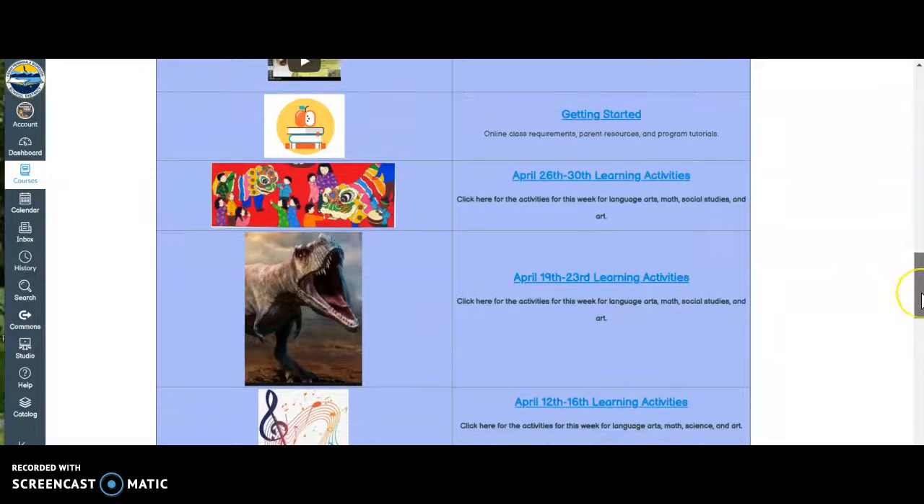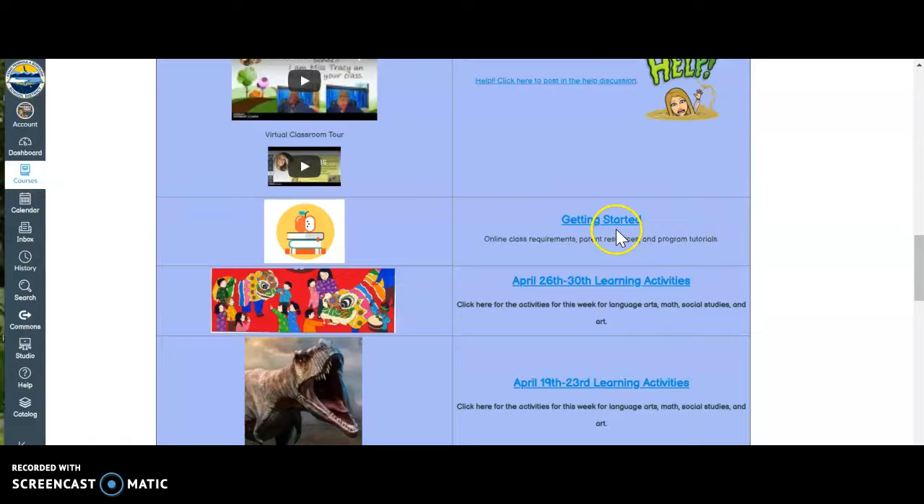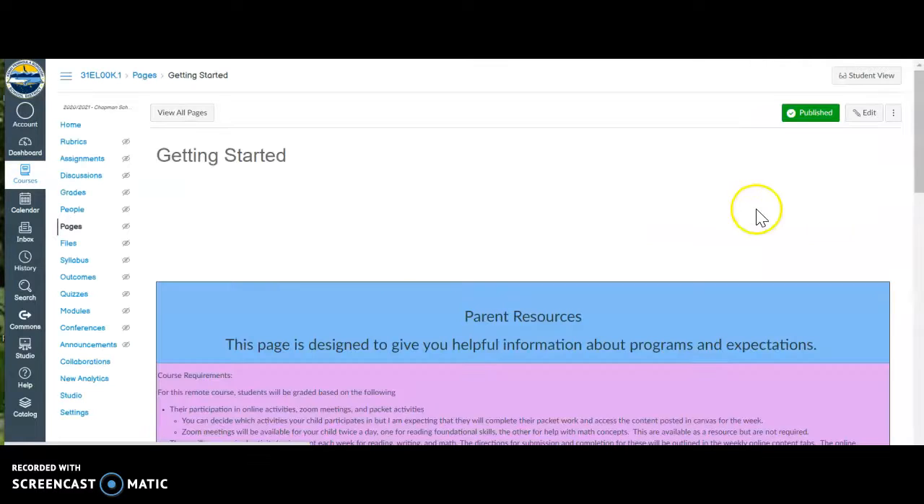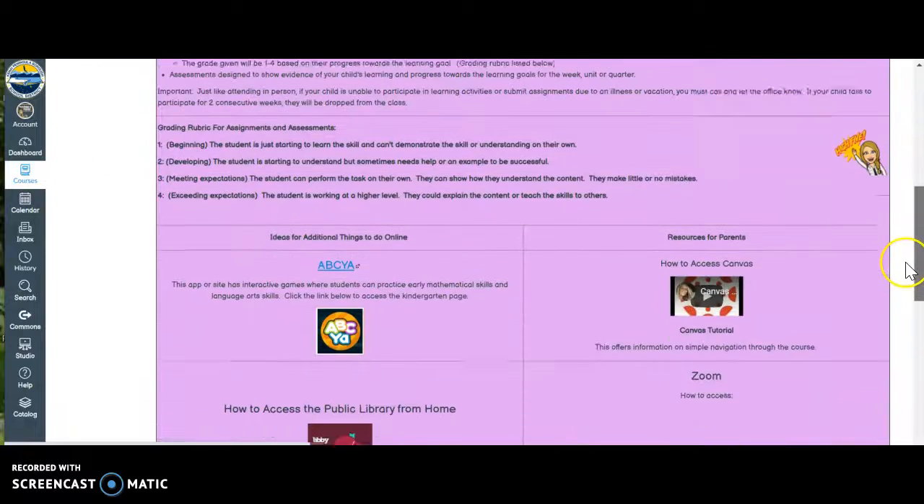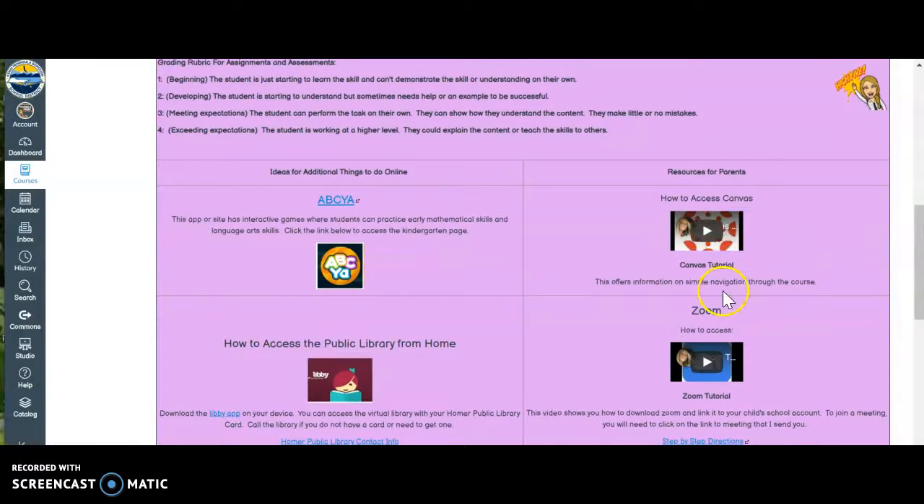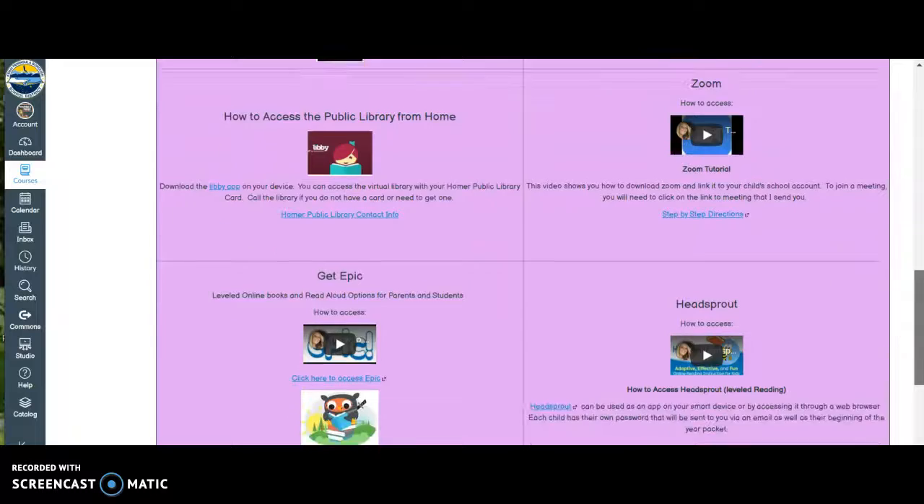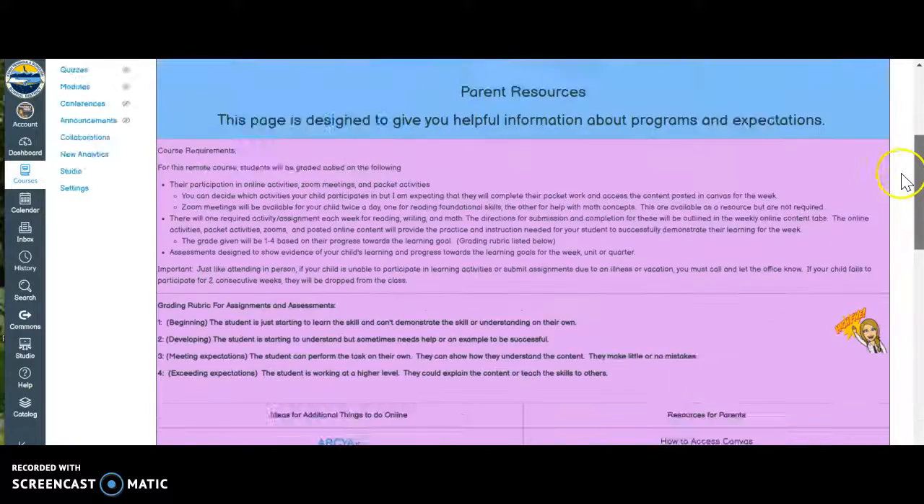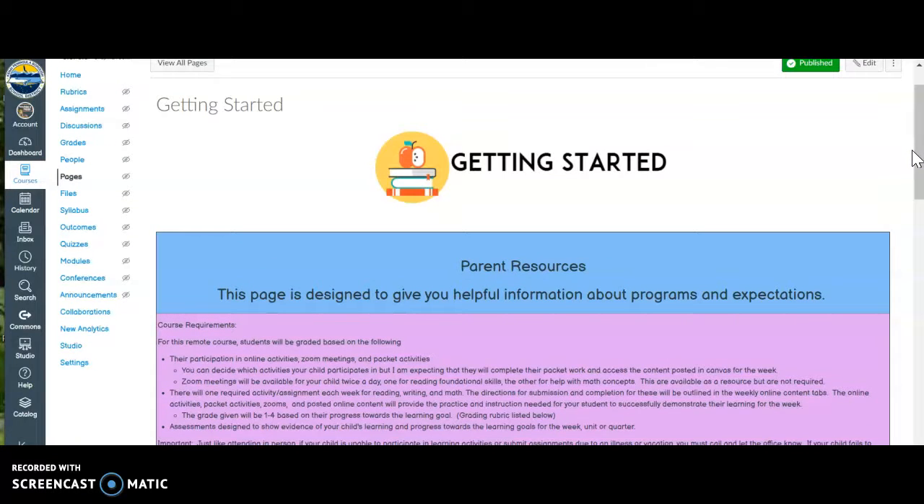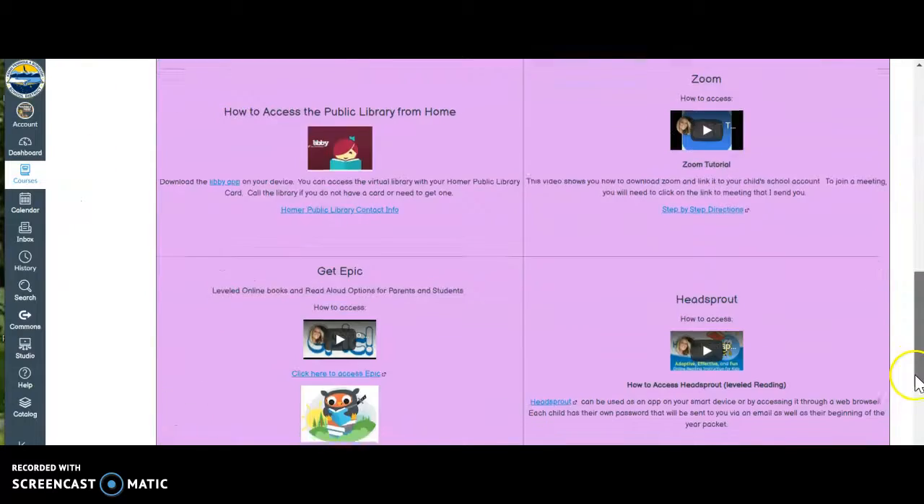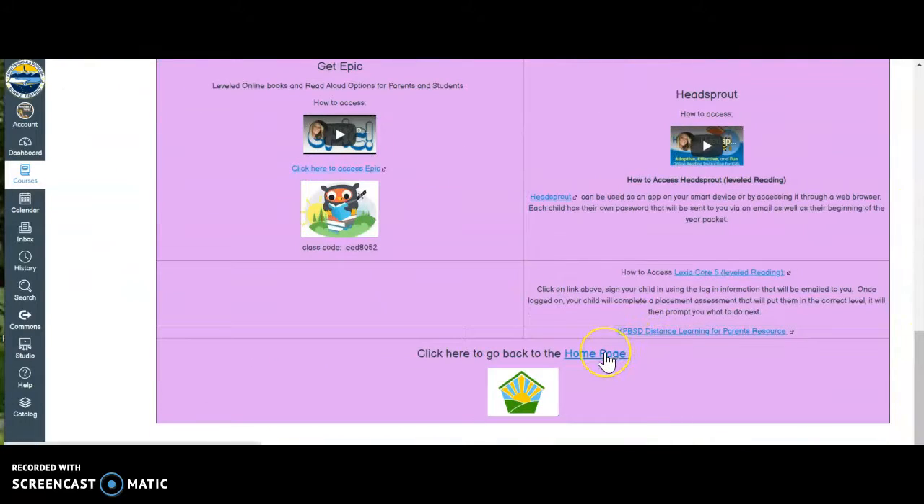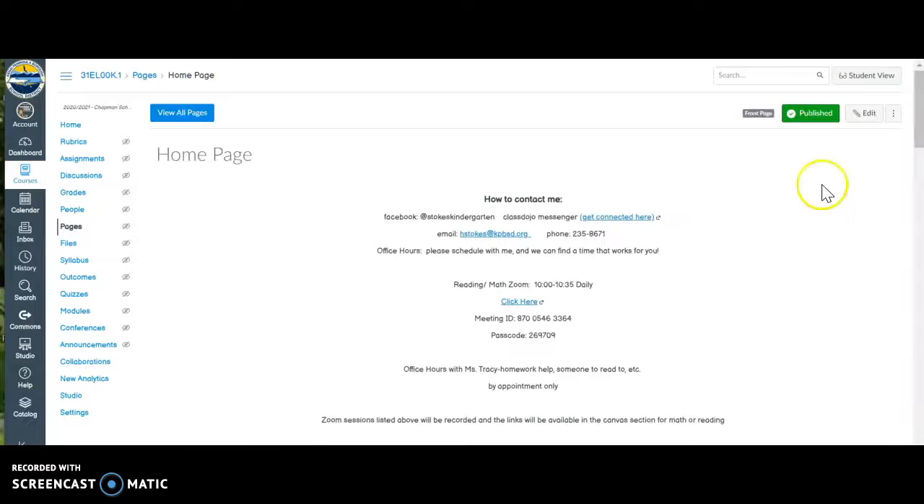As you scroll down, the way that I organized my page that worked really well for me is I have a getting started button that has my online course requirements, my parent resources, and then all of my program tutorials. If I use a specific program, I have created a screencast of how to access that one. So how to use Canvas, how to use Zoom, how to use Headsprout, how to use Lexia. I just made a really quick video so that my parents can watch that and they know how to use that at home. Then I always have a navigate to homepage button at the bottom